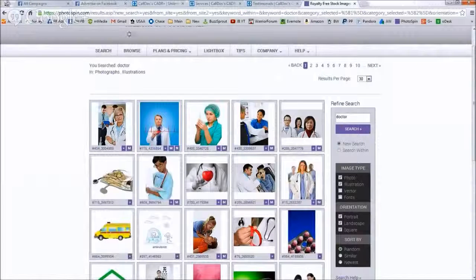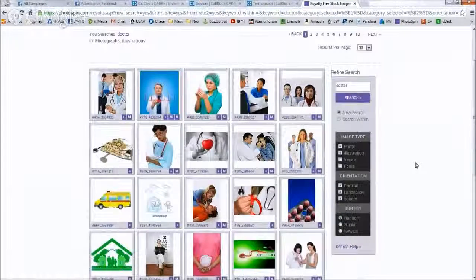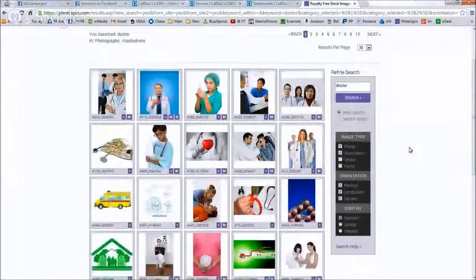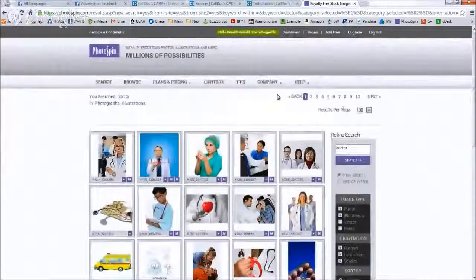So what I've done, I already have a subscription to Photospin.com. They were one of my clients before, and I liked their service so much that I subscribed to it. Now I get downloads every day on their service. So what I want is